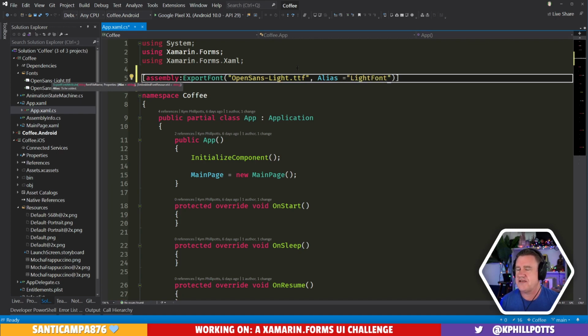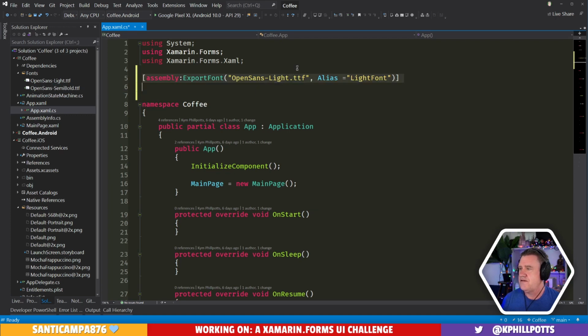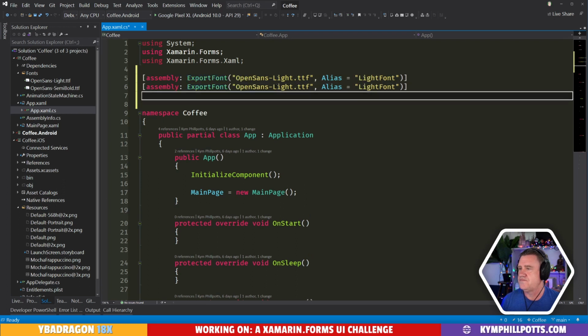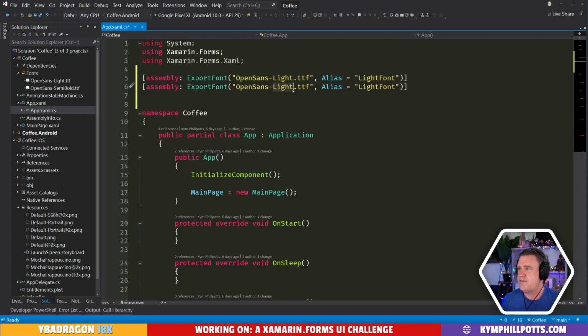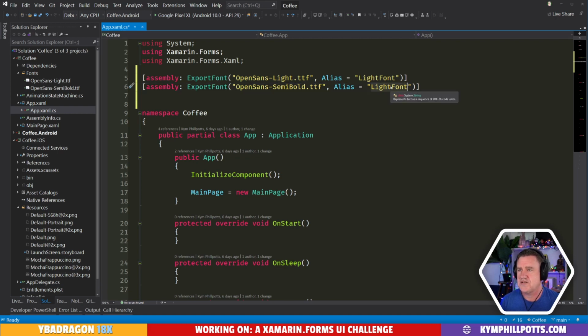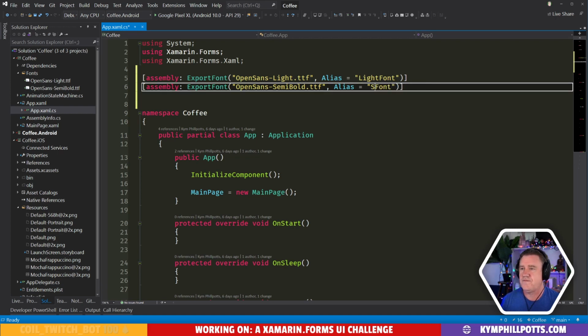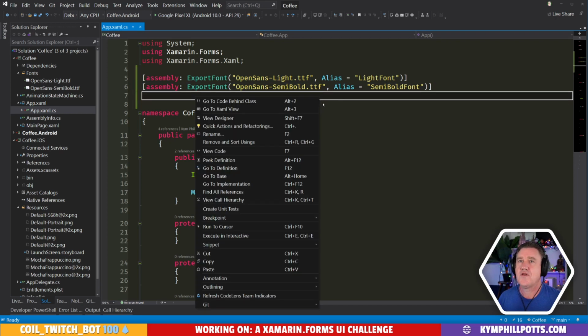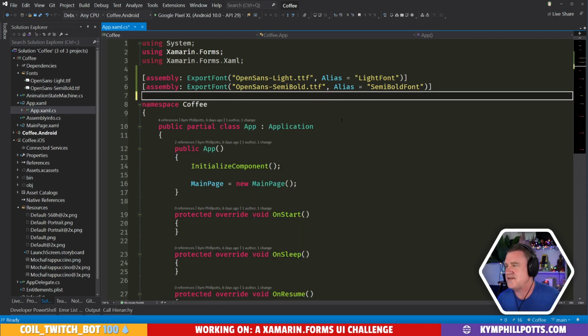How about that? That seems about right. And we'll also add in semi-bold. And not surprisingly, we're going to call this semi-bold font. Amazing. All right. This is so much easier than it used to be. It's awesome. All right, let's give this a build.